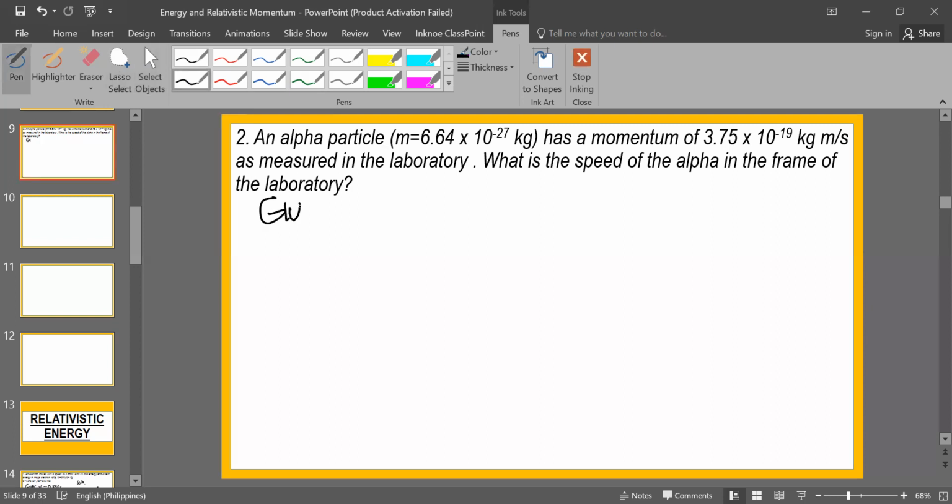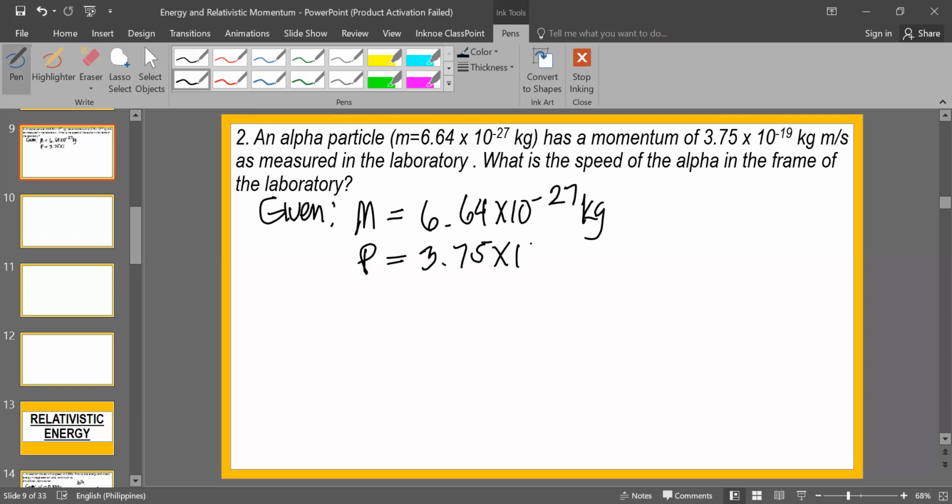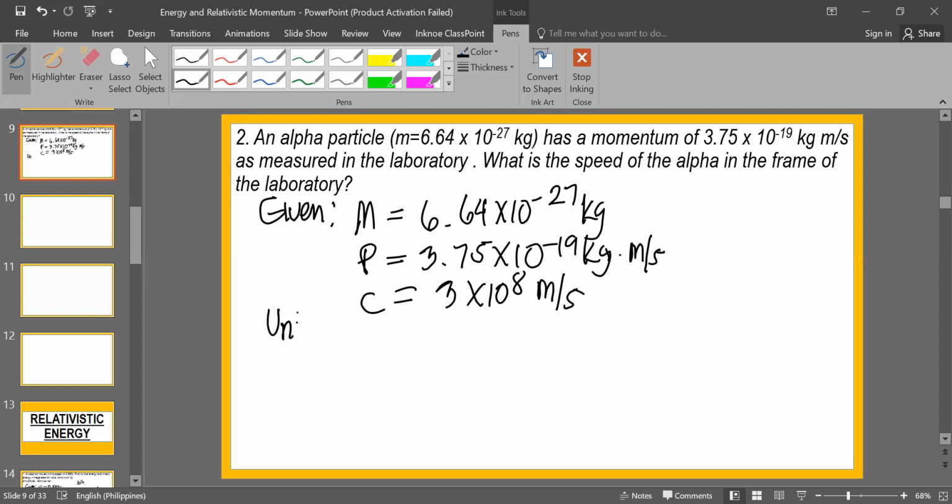As usual, i-jot down natin yung mga given quantities na kailangan. So, ang mass ng alpha particle na ito ay equivalent sa 6.64 times 10 raised to negative 27 kilograms. Ang kanyang momentum, which is letter P, ay equivalent sa 3.75 times 10 raised to negative 19 kilogram meters per second. And ang letter C natin, yung speed of light ay equal sa 3 times 10 raised to 8 meters per second. What we need to look for here would be our speed or velocity. Para makuha yan,